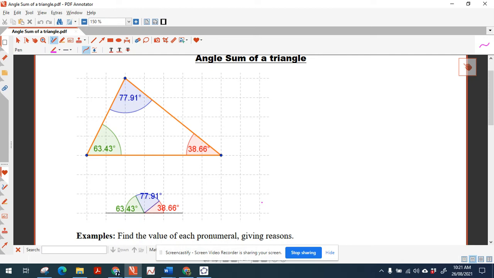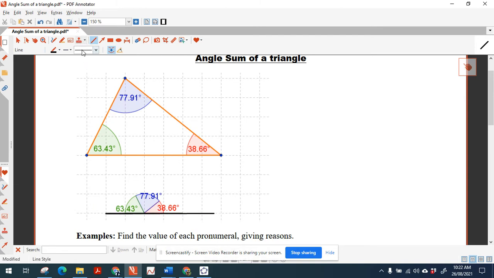We're going to look at the angle sum of a triangle today. So I've got a triangle here pictured, and you can see that I've got three angles shown inside the diagram. And I've got another little diagram here where the three angles of the triangle have been cut out and arranged together. Now what you can see there is that when I cut out the three angles of the triangle,